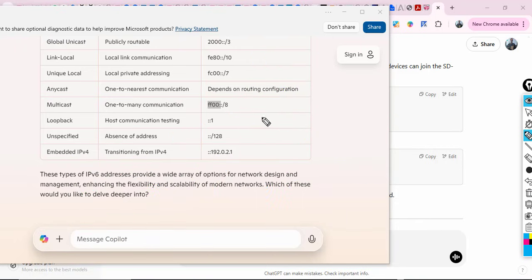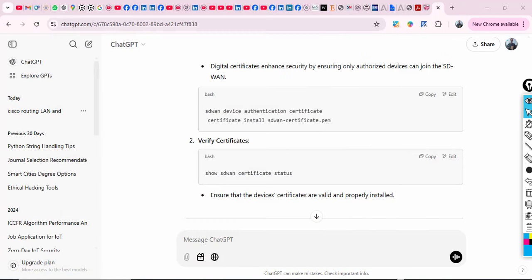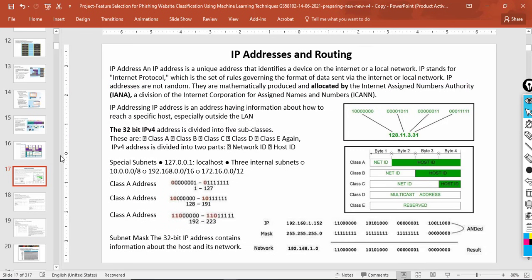I think for now it's okay for this one. I gave you good information about IP version 6. So whatever I need, I go to